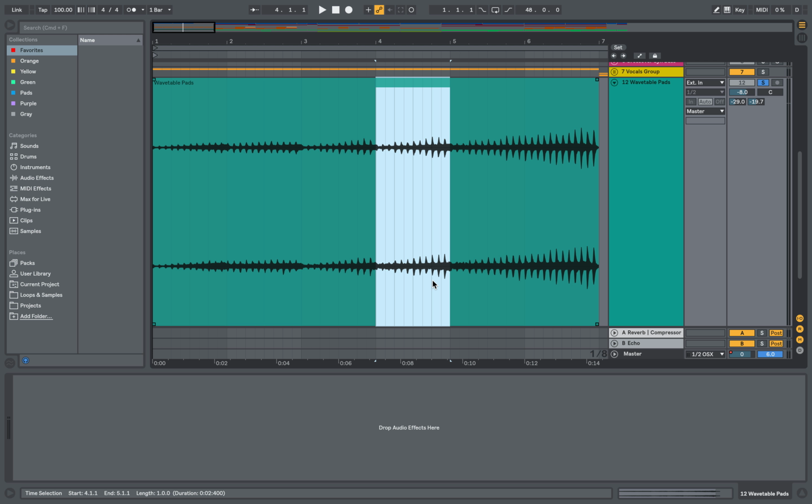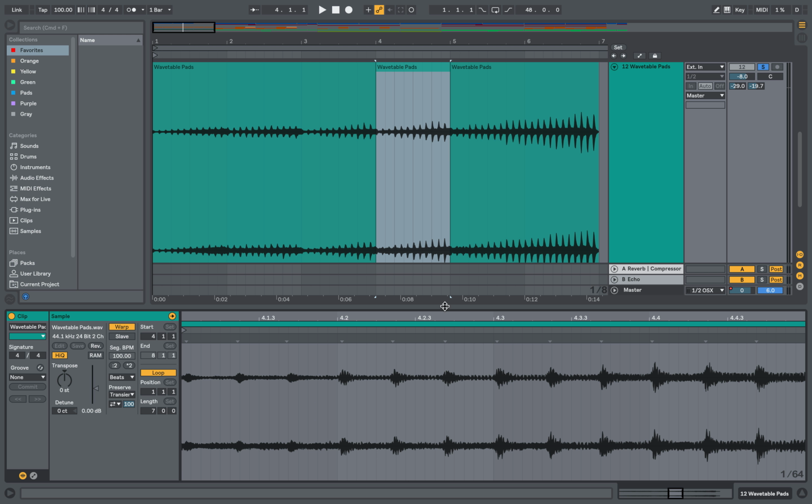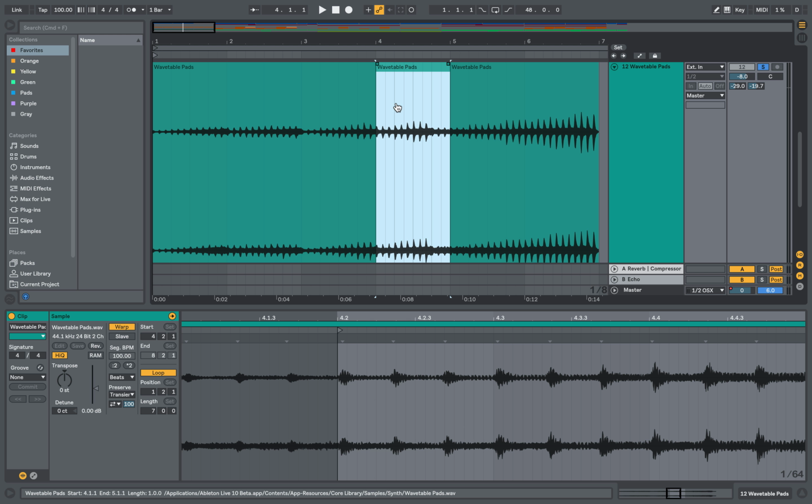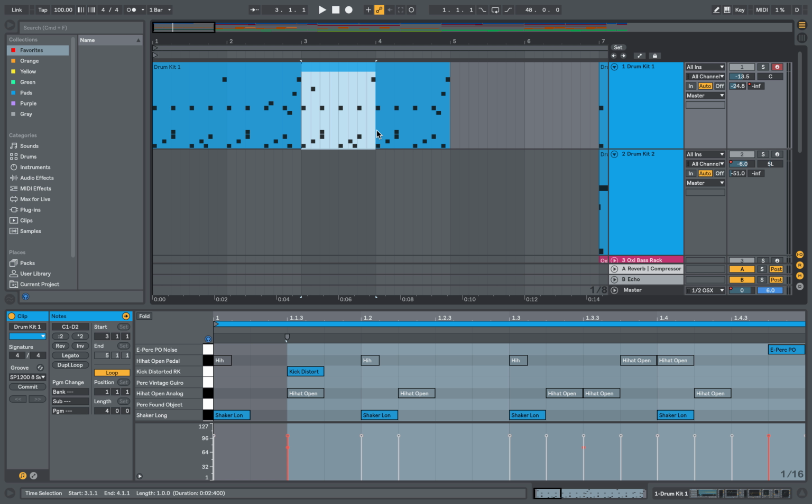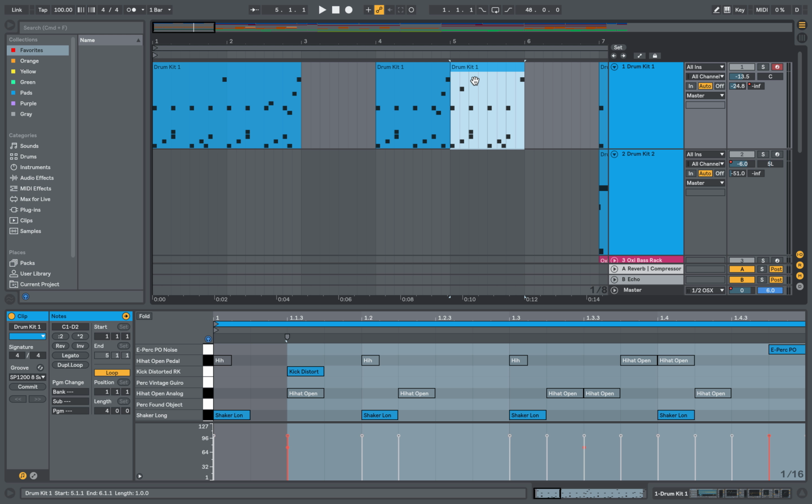If you have a piece of a clip that's been split and you want to move the audio position inside the clip, Option and Shift will change the cursor to a pointer, and now you can move the audio position inside the clip around. Let's see what's happening inside the sample editor. Option Shift and move, and you can see that it's changing the start and end points of the audio clip. The same is true with MIDI clips. I can select by clicking and dragging in the bottom half of the clip. I can drag by grabbing the top half of the clip. I can also go in and now change the position